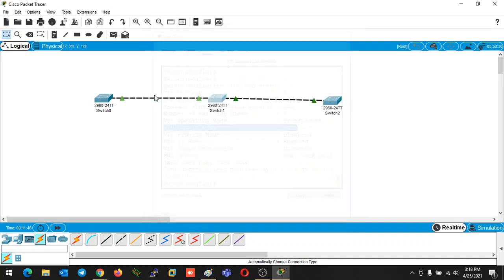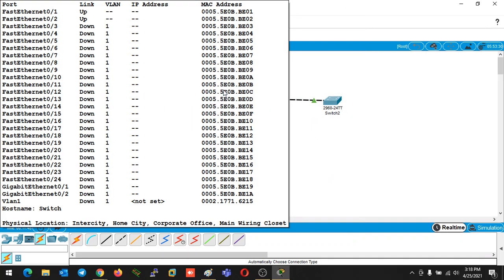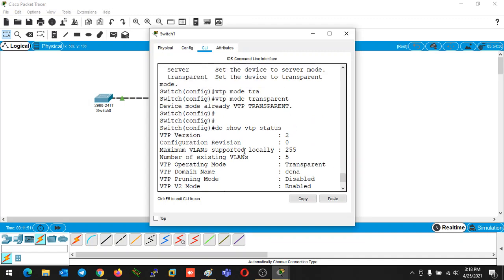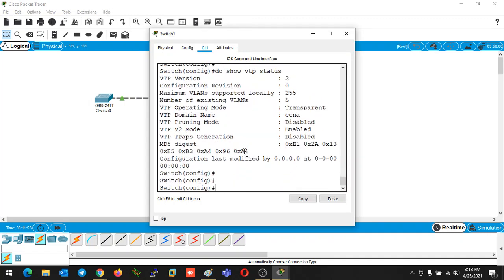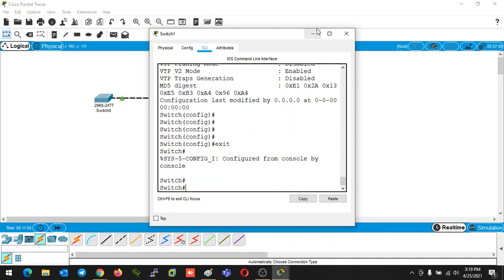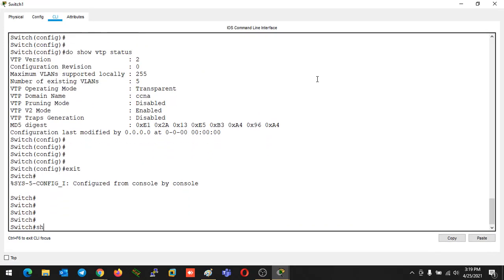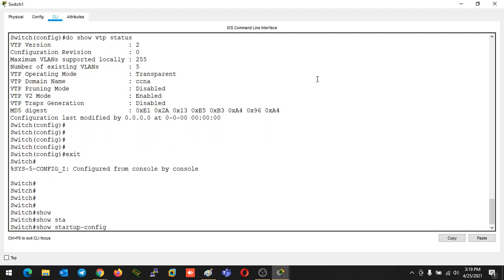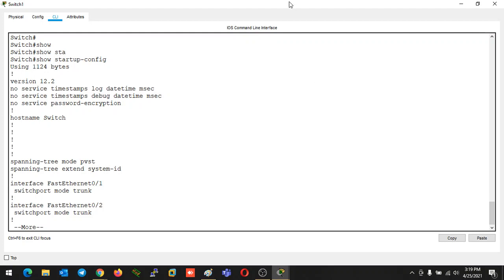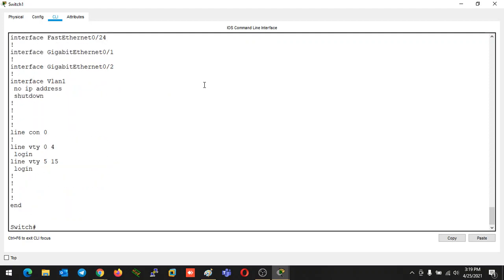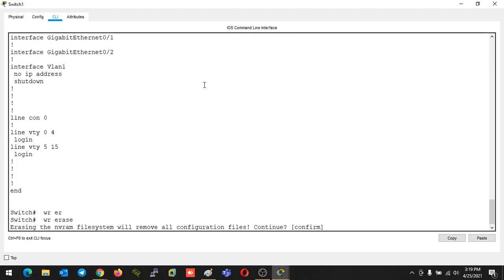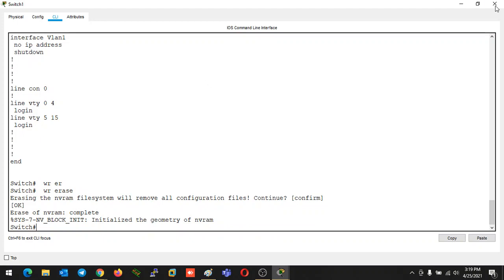So what I will do, I didn't save anything on this switch. I think we saved. So one thing: if you want to check whether you have saved the configuration after making changes on a new switch, you can run show startup-config. If the startup config file is there, that means you have saved the information. So I will type write erase. What I am going to do right now is delete the configuration from this device, and